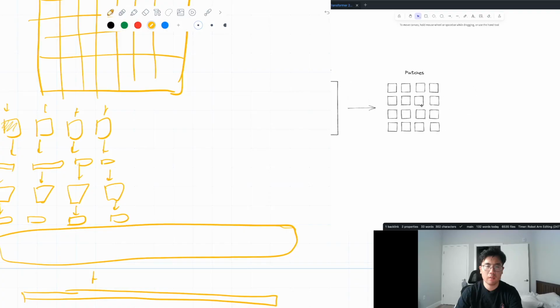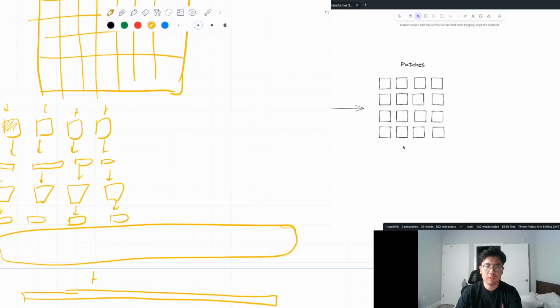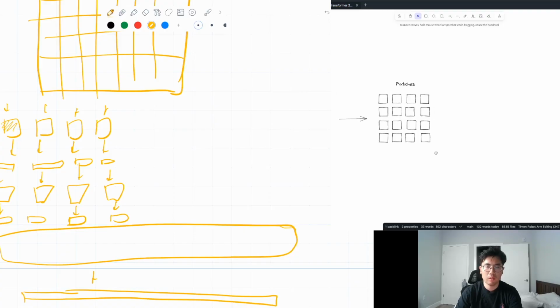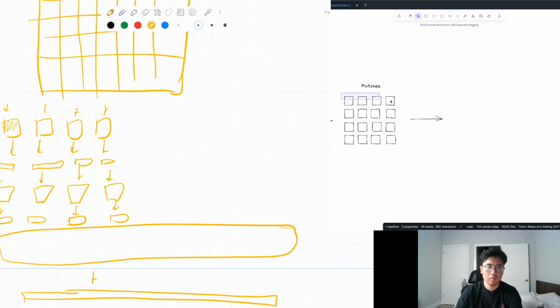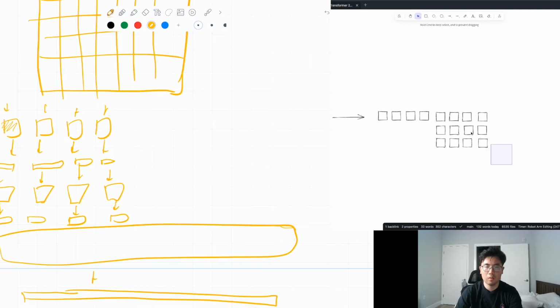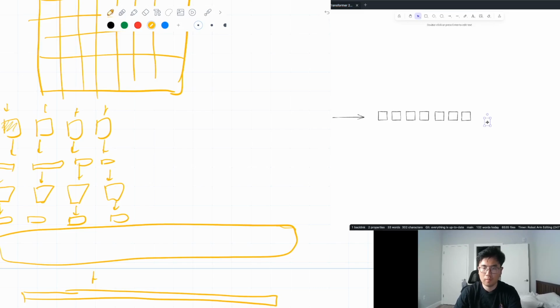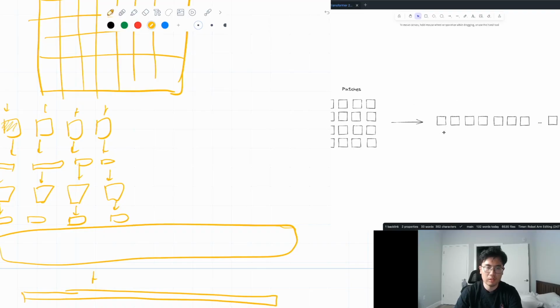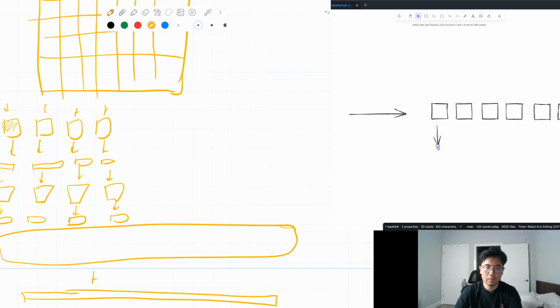And then with each of these patches, they're going to go through